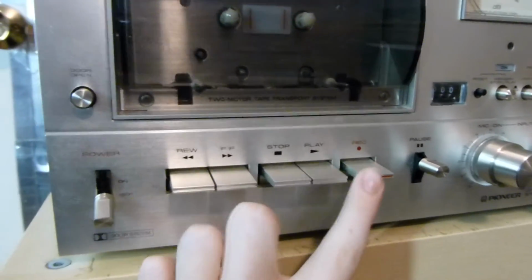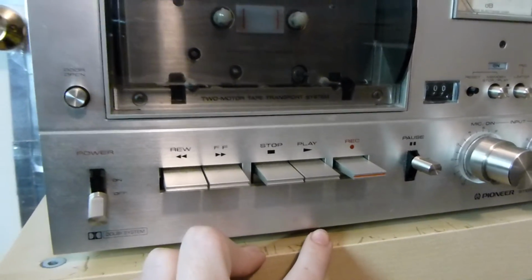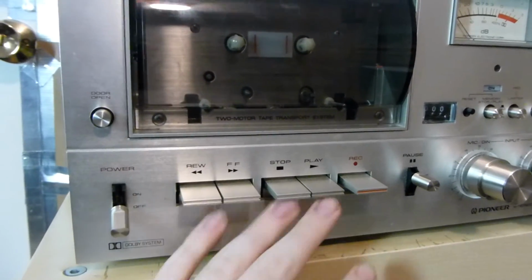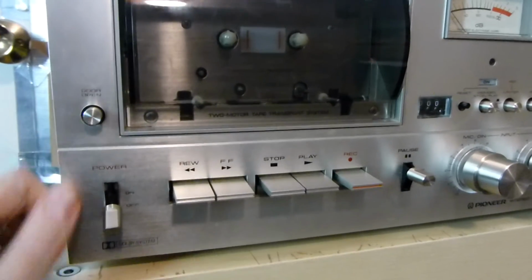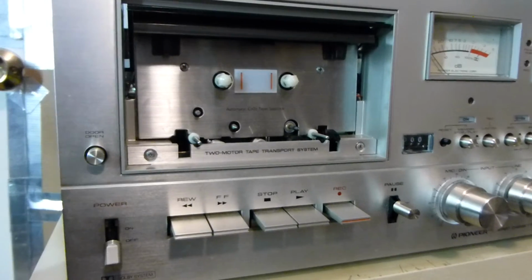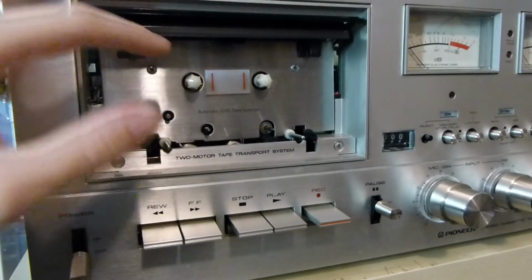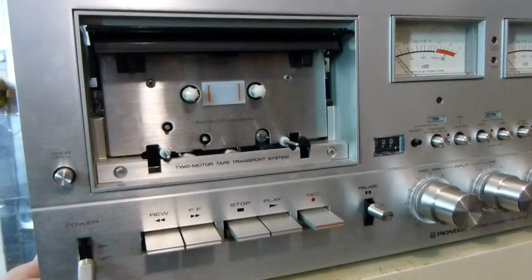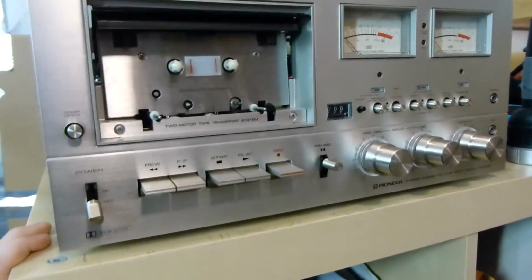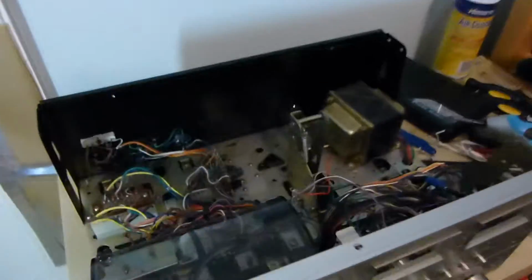Now this looks at first glance like a fully mechanical, piano keys style mechanism, but in reality it isn't. Behind this is just a bunch of electrical switches that trigger solenoids in here. It is one of these decks that doesn't really have a door that the tape slides into and holds in place. It's one of the ones where the tape kind of snaps in here. But, yeah. Other than that, it's not that amazing, but either way, this is what it looks like